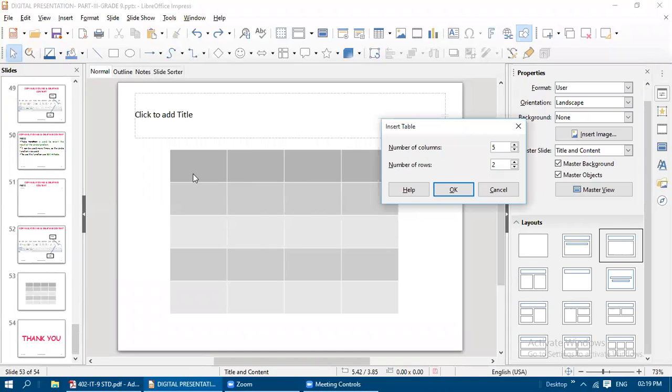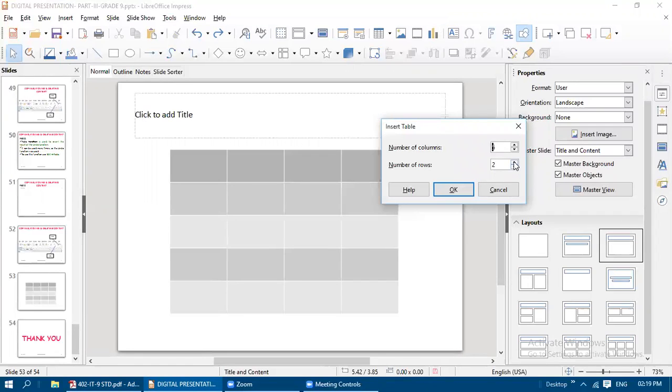See, which is a column here? Vertically, all the boxes which are displayed, all the cells, a vertically placed group of cells, are known as columns. Horizontally placed groups of cells are known as rows. Okay, see, horizontally placed groups of cells are known as rows. So you need to enter the number of rows.